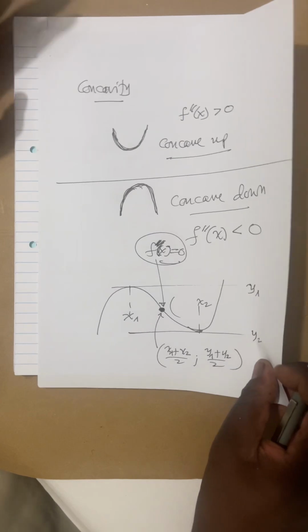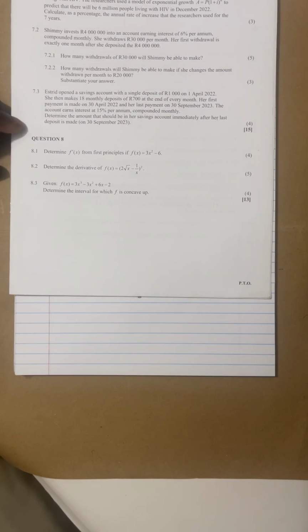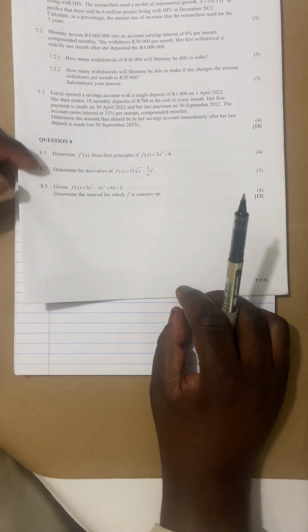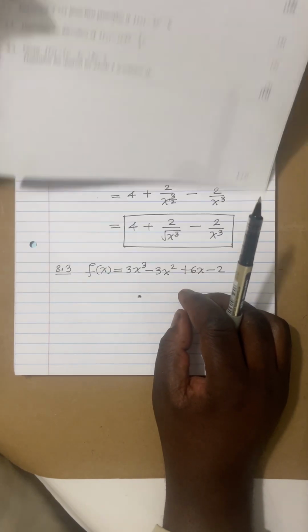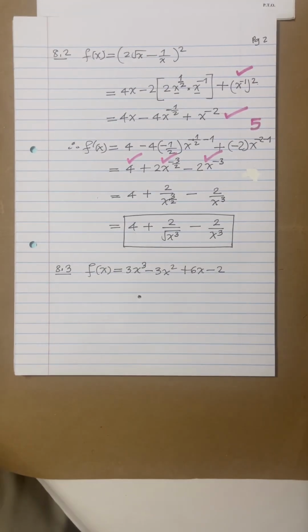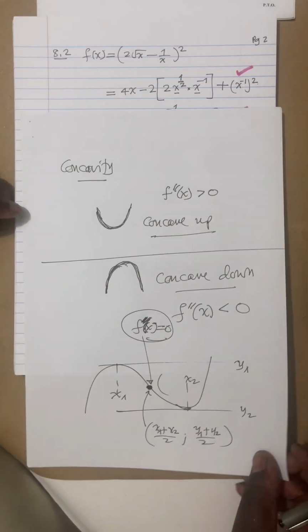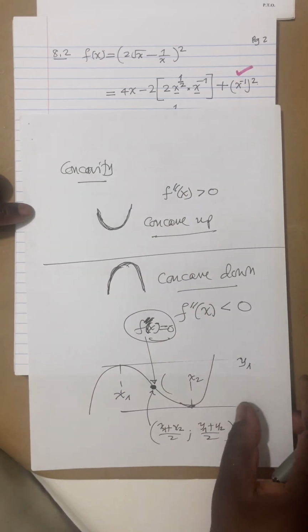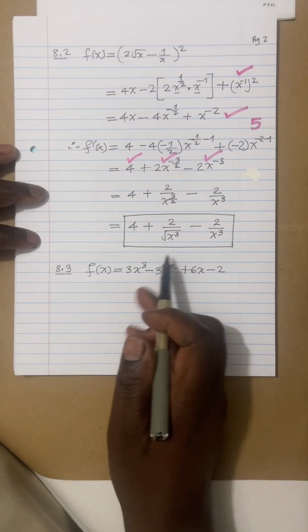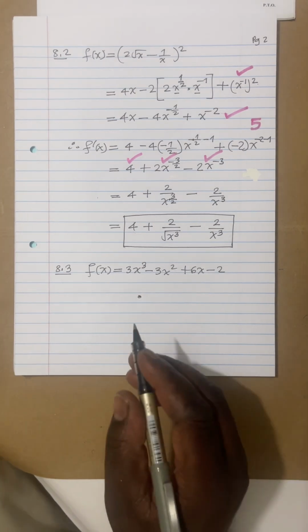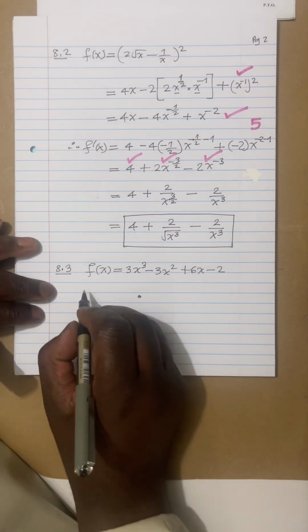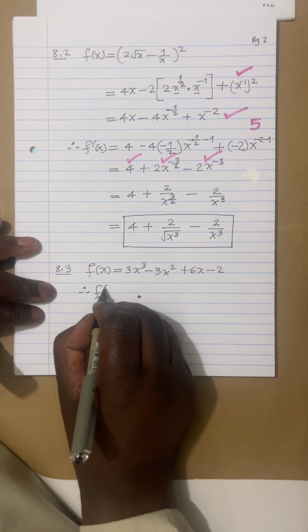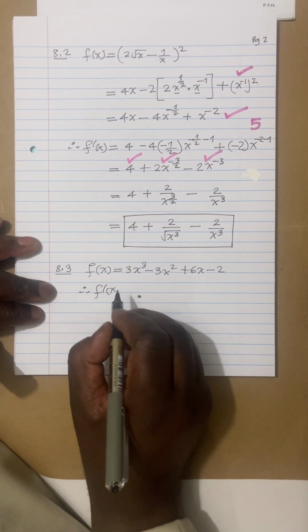So this is the concept that is actually tested in question number 8.3. All we need to do is to differentiate it 2 times and form that inequality. Which inequality am I talking about? This inequality here, f double prime is greater than 0. So let's look at the first derivative then. Therefore, f prime of x is